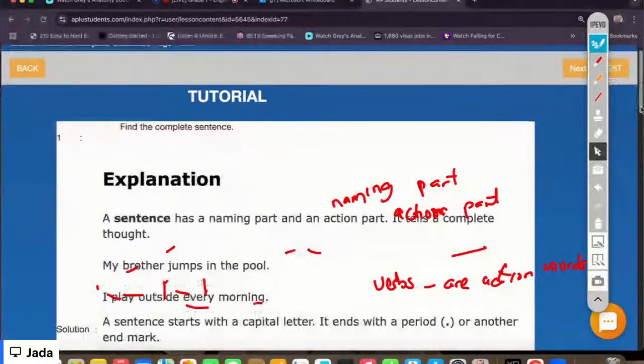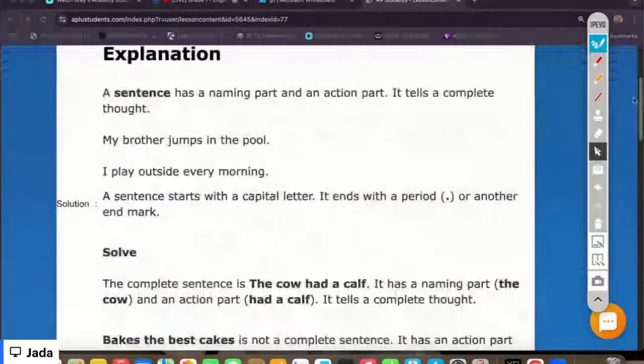Okay, so we also have: I play outside every morning. Now, I here is the naming part, and then play is the action because that is what I do every morning. Okay,